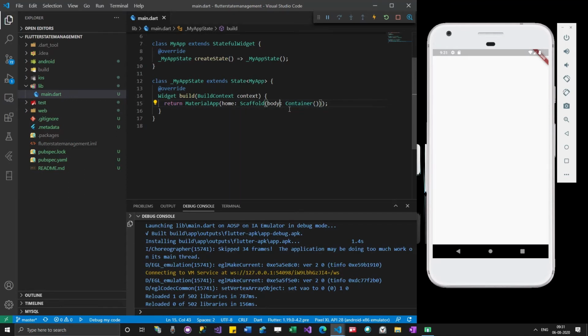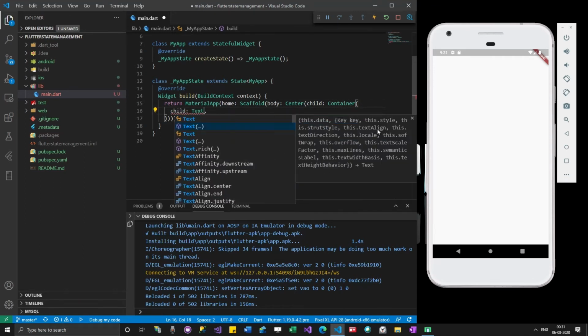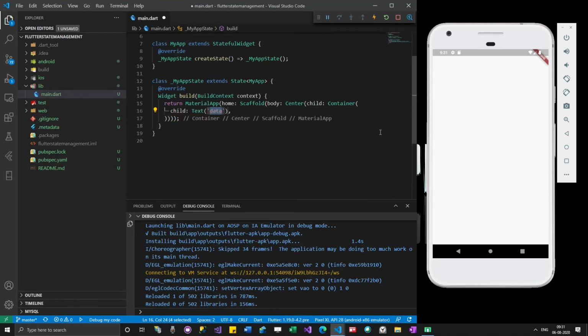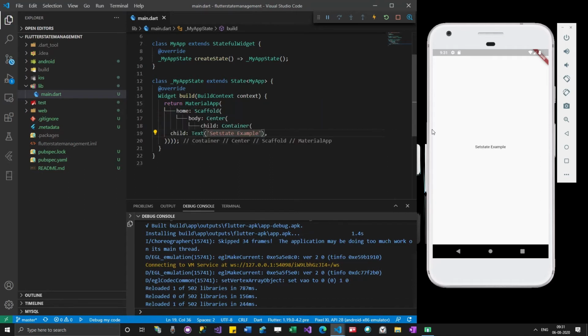Let me add some text. Let me make this center. Okay, let me add some app bar here.